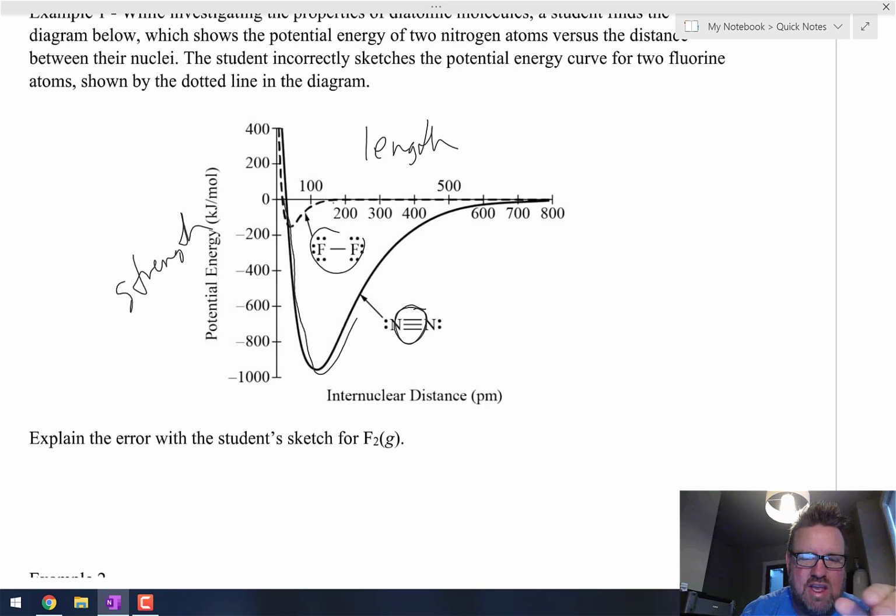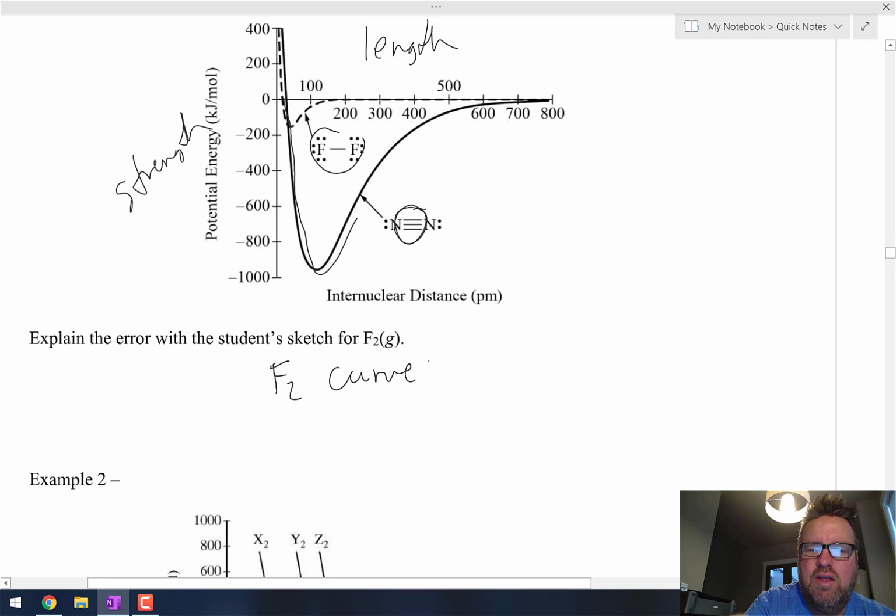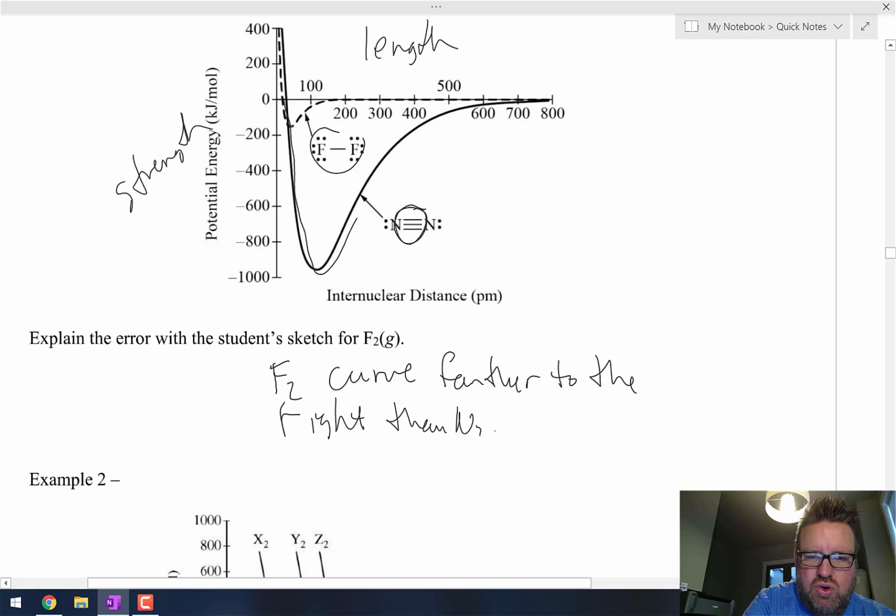Fluorine and nitrogen are in the same period on the periodic table. Yes, a fluorine atom is slightly smaller than a nitrogen atom is, but when you're in the same period, the double, single, triple bond has a much, much bigger impact. So the error with the student's sketch is that the F2 curve should be farther to the right than N2 because single bonds are longer